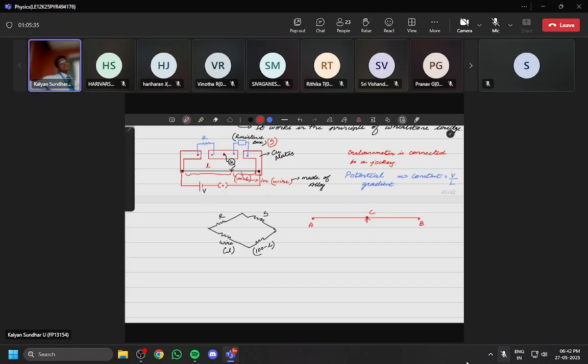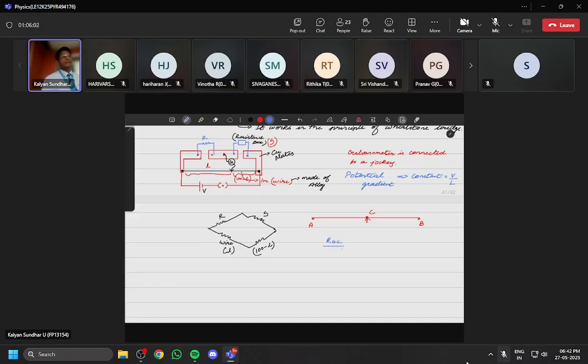Potential across AB will be also equal to potential across AC, which will be also equal to potential across BC. Right? That's what we call the potential gradient. V will be directly proportional to the length of the wire that we have been using. Right, sir? So ஆக மொத்தம் this complete wire which will be of A to B, A to C,